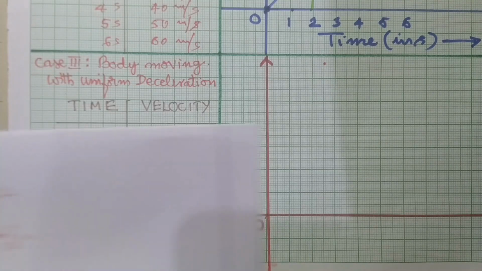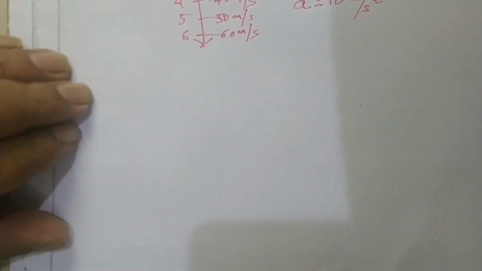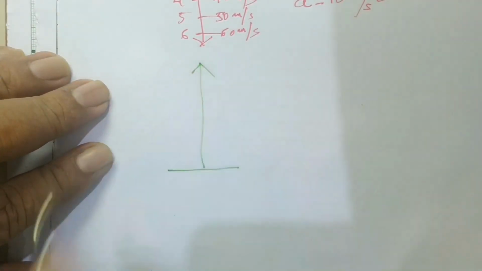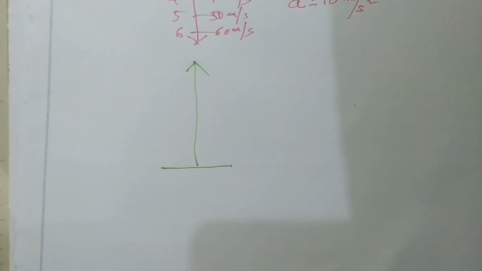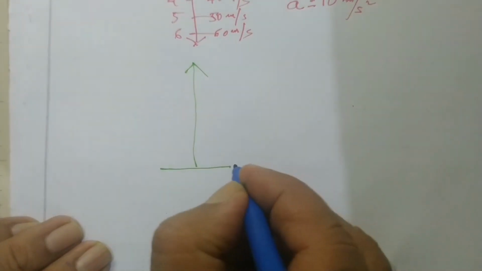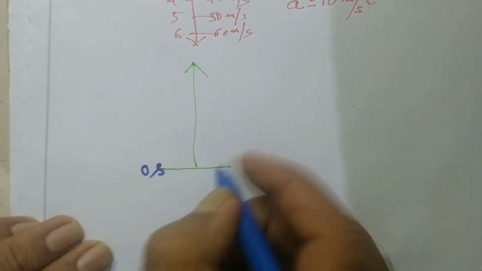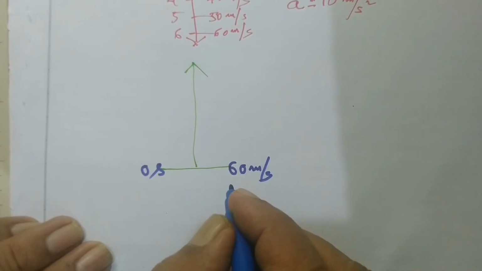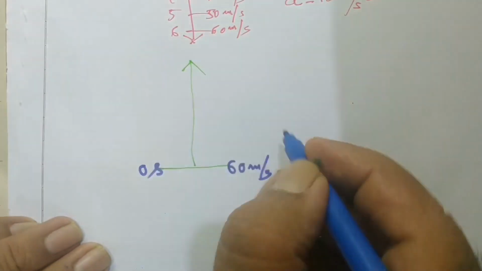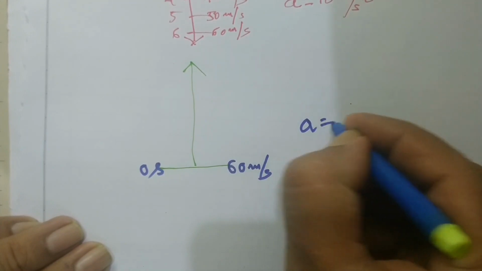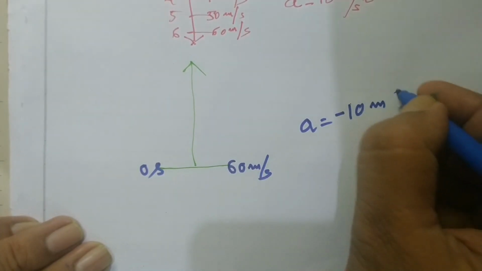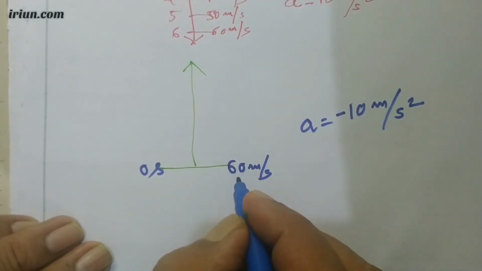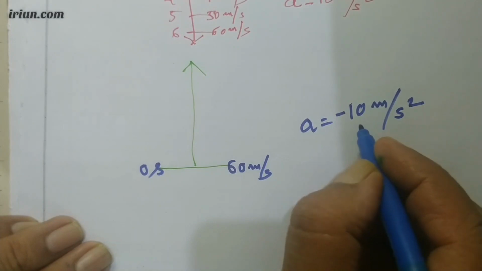Let me explain here using this. Let us say that the body is thrown from here in this direction, the upward direction, like this. Okay, in this first I am taking 0 second here. First, I am throwing with 60 meter per second. Initially, I am taking more velocity. While going up, it decreases. We call this an acceleration of minus 10 meter per second square. 10 meter per second square means every 1 second it decreases by 10.